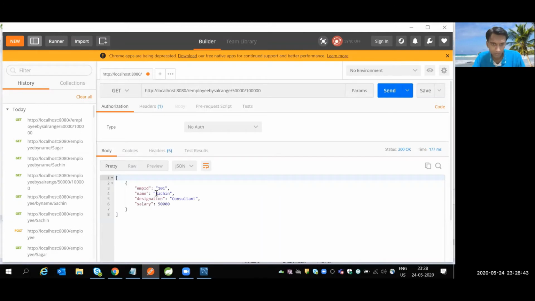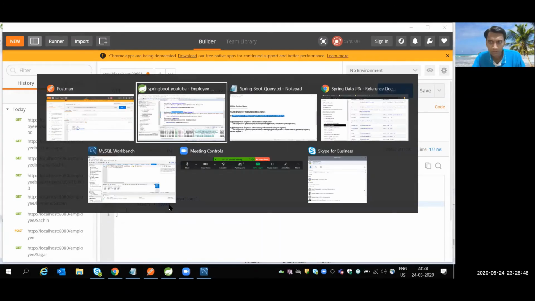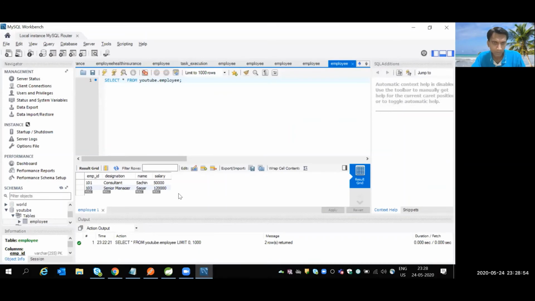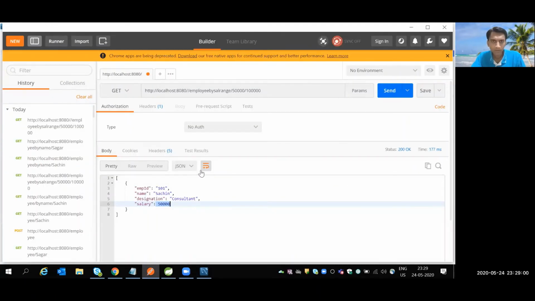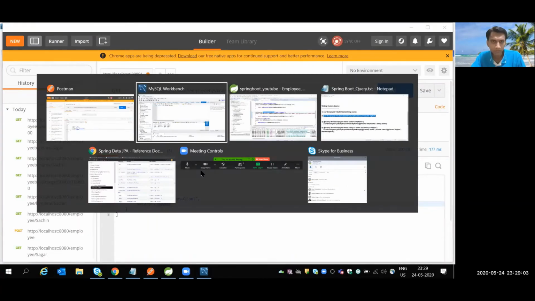Right, so I'm getting one record, Sachin, whose salary is 50,000. In the table, let me open the table. In the table, I have two records, 50,000 and another employee whose salary is 1,20,000. Yeah, so this query works now.